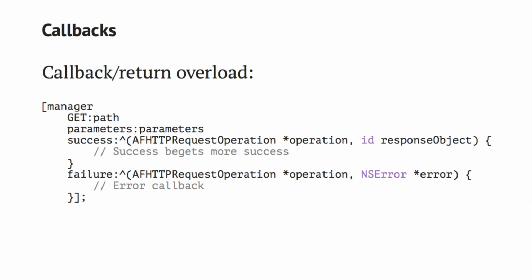When you look at returns or callbacks in that way, code like this from AFNetworking has essentially three potential return values. You call the method, it starts synchronously to prepare the request, but then switches into asynchronous mode, returns to the caller, and then one of those two blocks gets called when the request is done. So you start to get this forking of code paths, and it's not explicit. We can see it, but it's not something we necessarily take as an explicit thing.